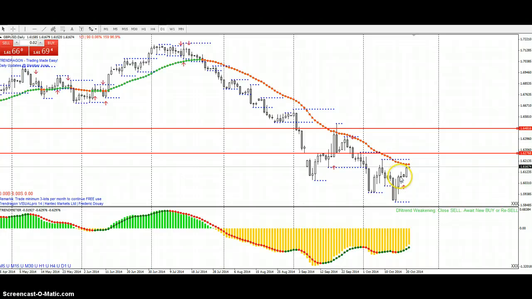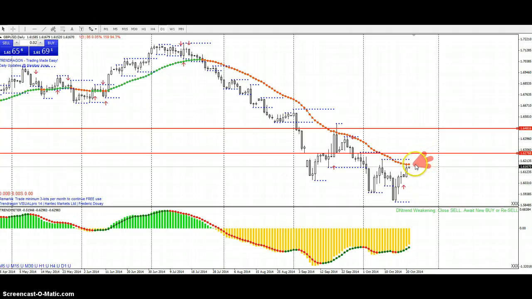Okay, so the currency could do something like this, break this, probably go here, come back down, go back here again, hitting the 50% Fibonacci, and still be considered a correction to move back down from that point. If it breaks that level, it can go even higher, but right now it's not really in play. On the downside,